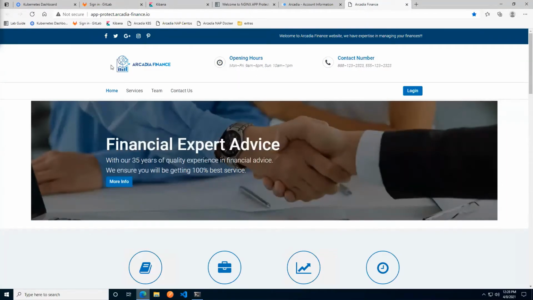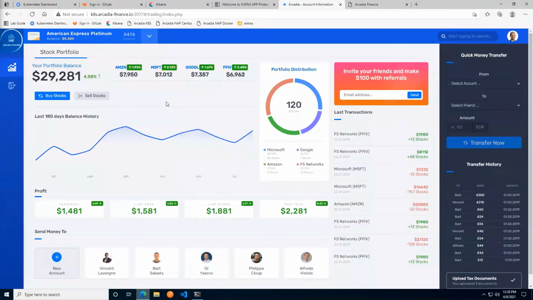So this is now me accessing the Arcadia Finance application through my newly created App Protect container. It's still going through the Kubernetes Ingress Controller, but it's now using the Ingress Controller as its upstream.